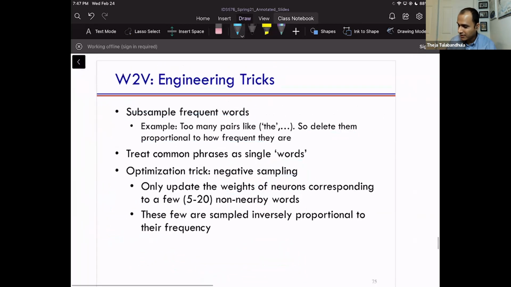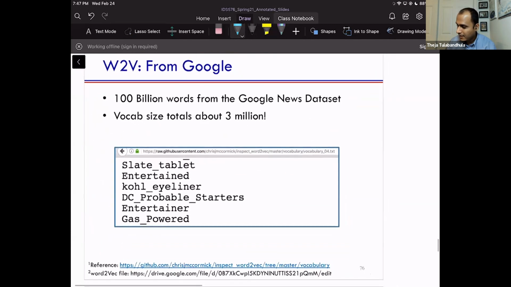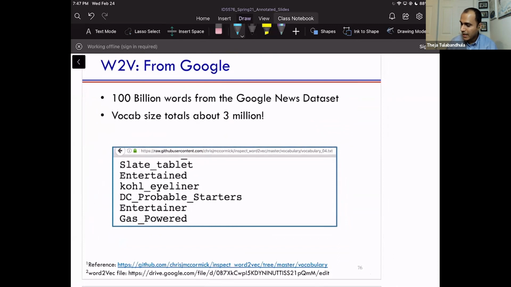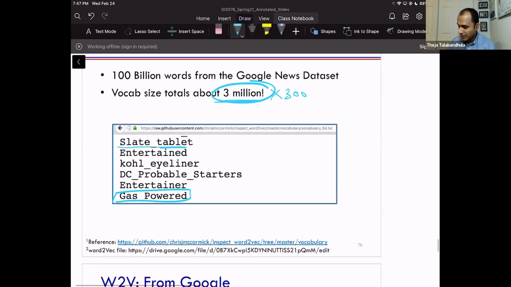Anyway, I didn't want to comment too much on this. Yeah, so the vocab size in reality was about 3 million. So it's quite a bit. And they actually look at even compound words, basically pairs, n-grams also. Okay, so for example, you can see things like this with an underscore. So that's why they have a huge vocabulary. And so they had to deal with how do we deal with such a huge vocabulary? Because 3 million times a 300 dimensional vector is a huge number, right?